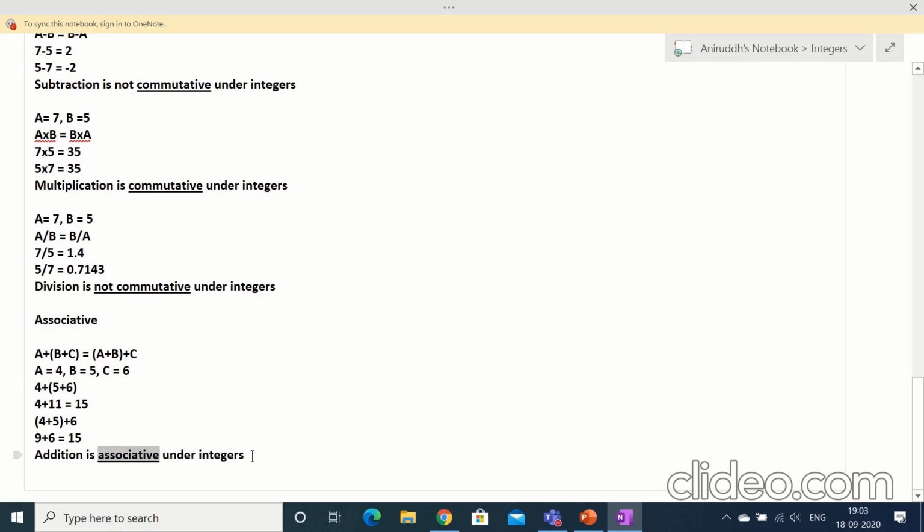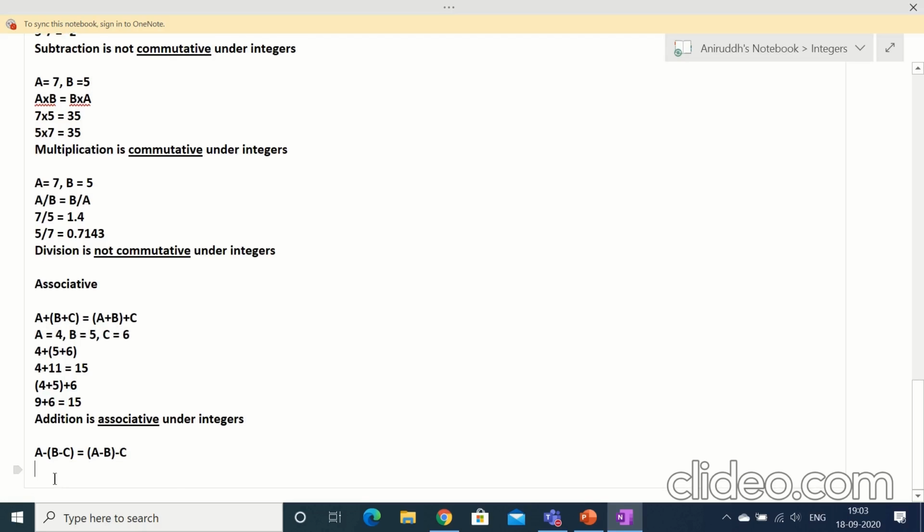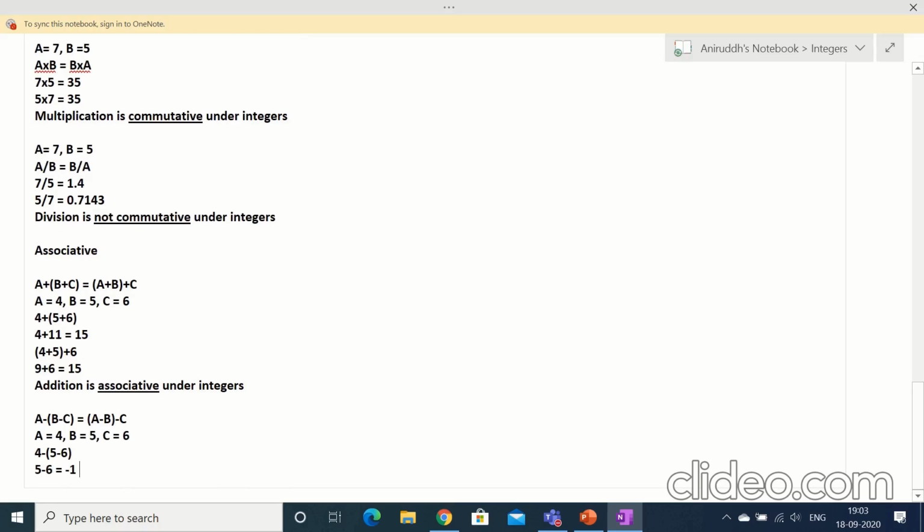Now let us check subtraction. Here also the same thing, but the signs are changed. A minus (B minus C) will be equal to (A minus B) minus C. We'll give the same numbers to them. Now 4 minus (5 minus 6). So we'll first solve the brackets. That is 5 minus 6 is minus 1. So 4 minus